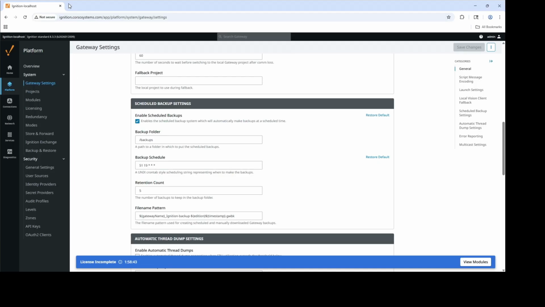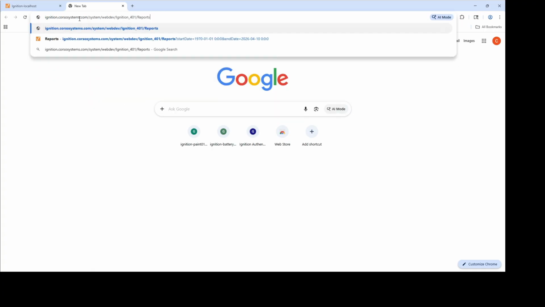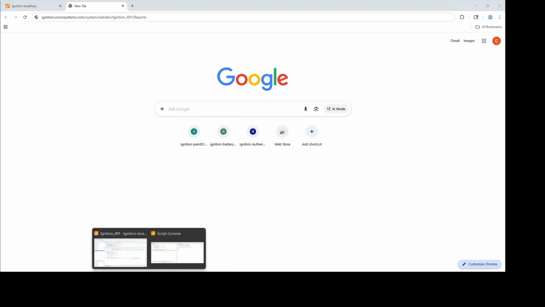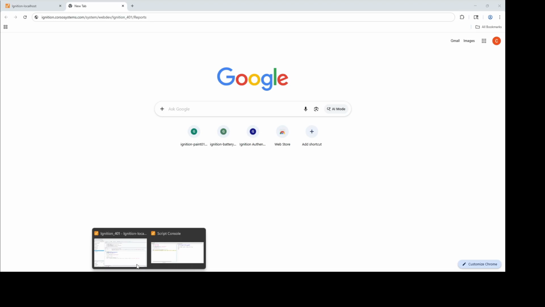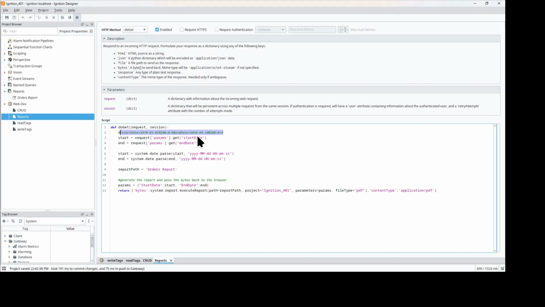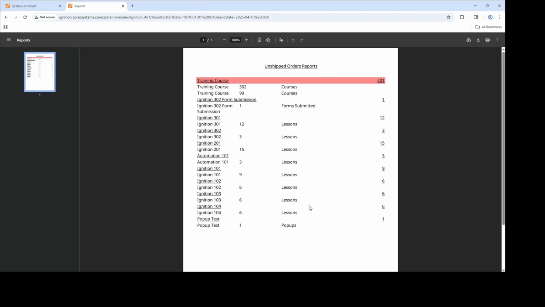Let's go to our browser and we'll open up a new tab. Paste that in, and then we'll just copy and paste our parameters format from here. And it's helpful, if you're doing something complex with parameters, to type the format out here as sort of a documentation piece so you know what to pass in your URL if you need to. So hit enter, and that loads up our report as a PDF here in the browser, which then I can